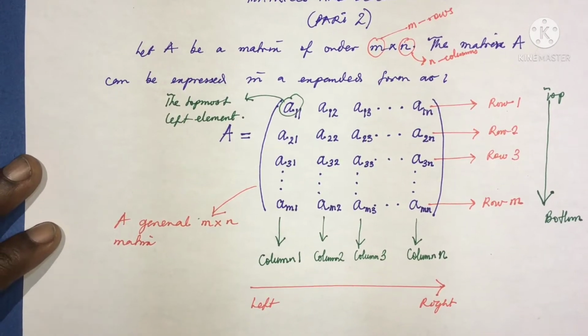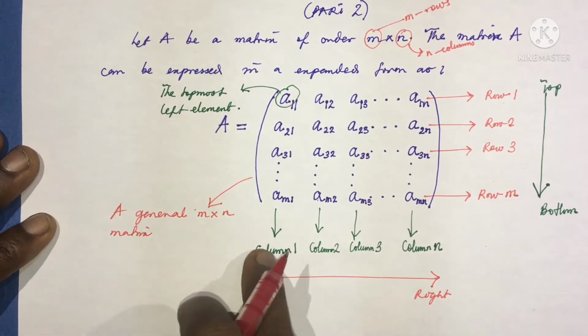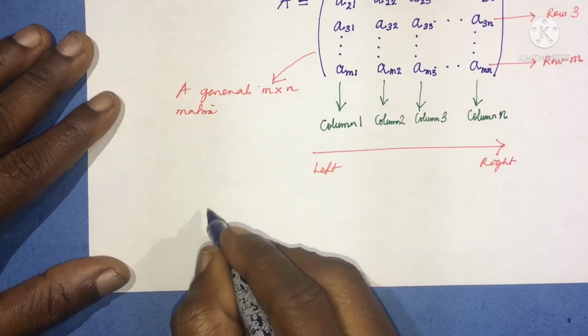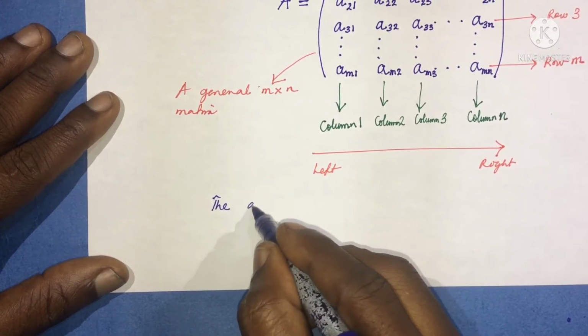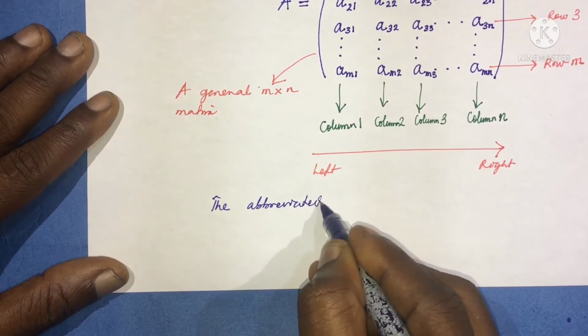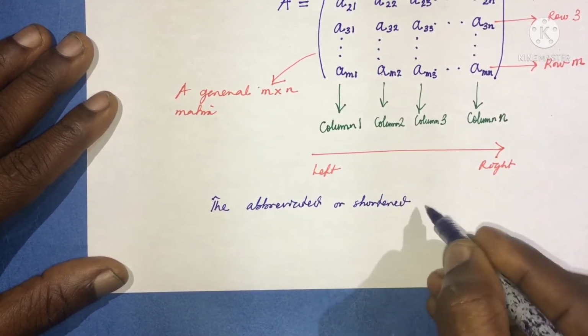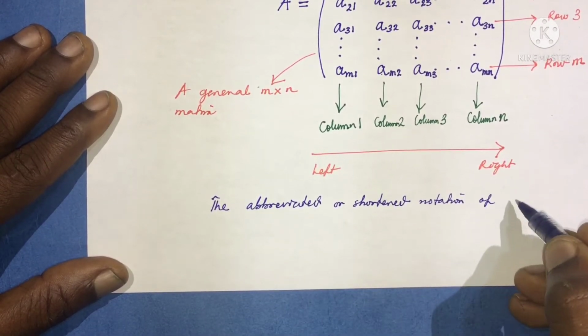So this is an expanded form for the general m by n matrix. If I chose to write the abbreviated or shortened notation of the matrix A,